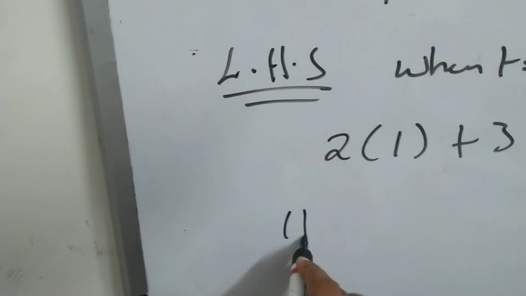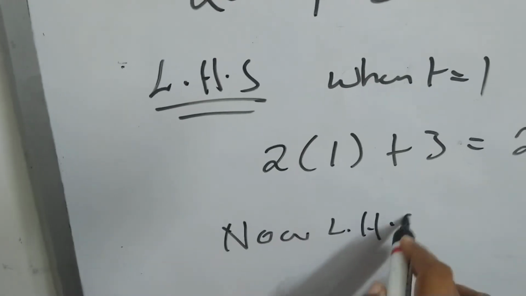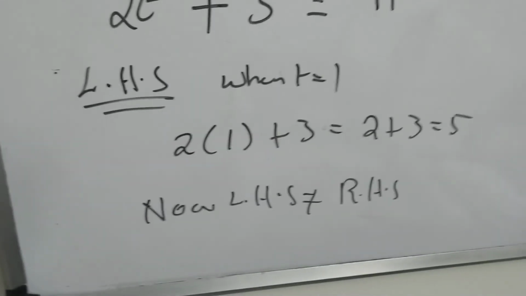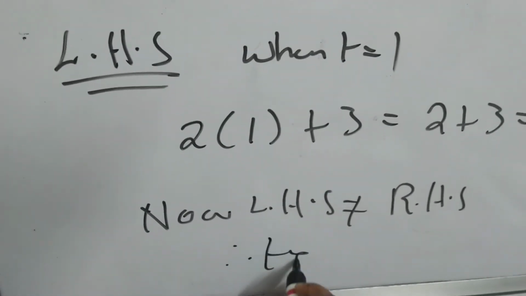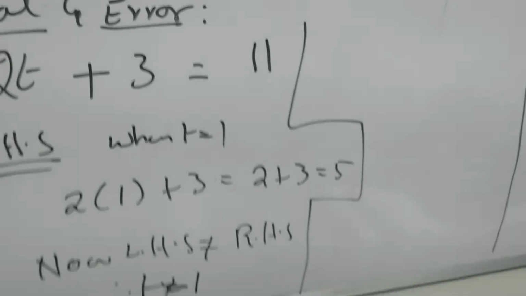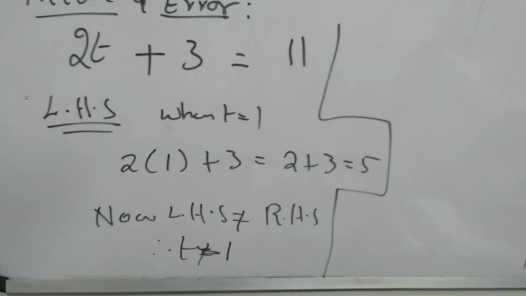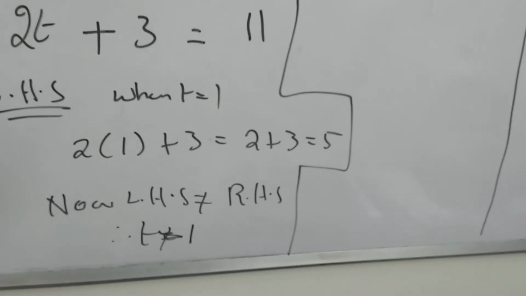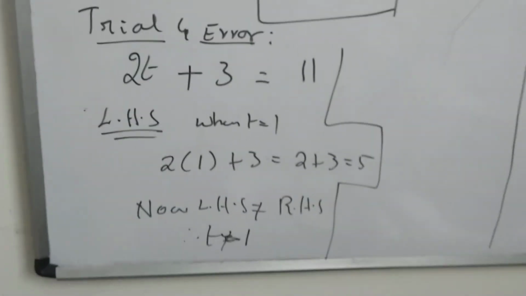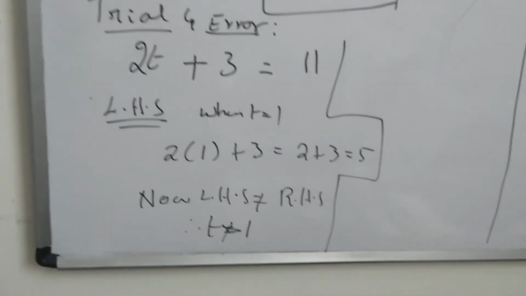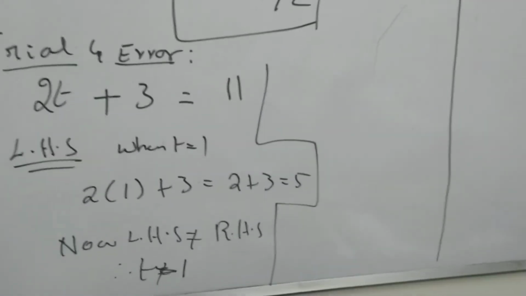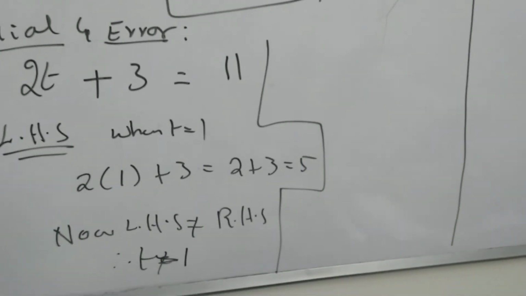Right. Now, what do you observe? LHS is not equal to RHS. So, thus t is not equal to 1. So, likewise, what are we going to do now? Take such values, then check with 2, check with 3, check with 4. And for this, children, please remember one thing. You are supposed to guess in your mind itself what the actual value is. Then only you can come to an end to the trial and error method. If not, you will be continuously doing it.